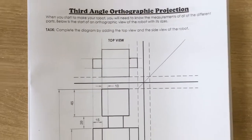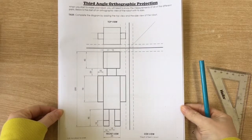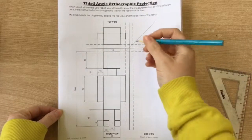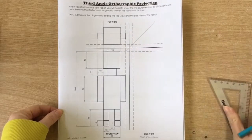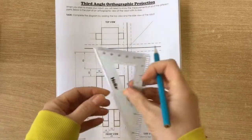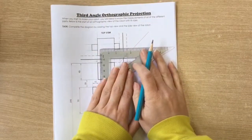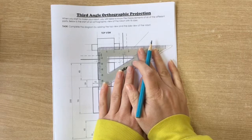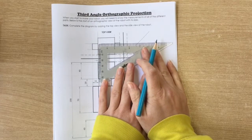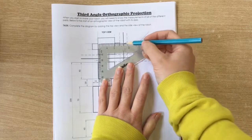Next is the side view, and this is a little trickier. The first thing we're going to do is get the placement of our arm. So we're going to use our set square, and we are going to match the edge of the set square with the side of the head. We can do it with the side of the head in the front view and the top view. Match it to the top